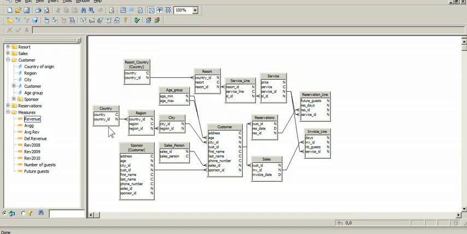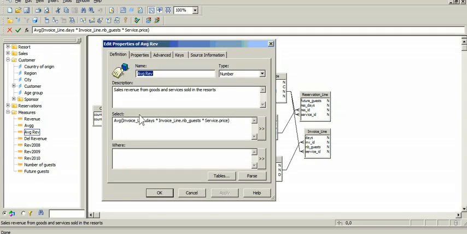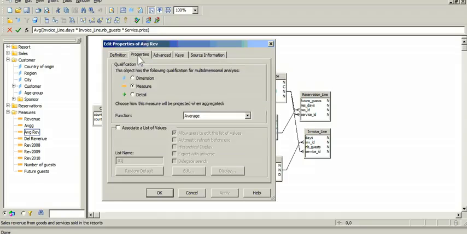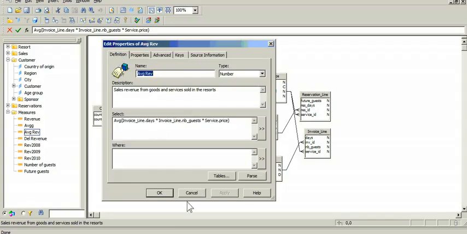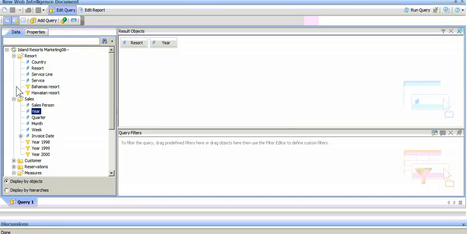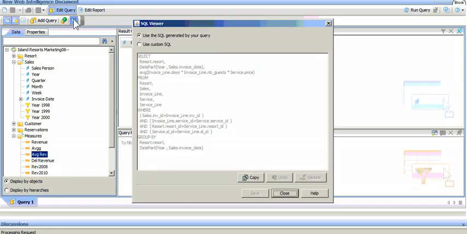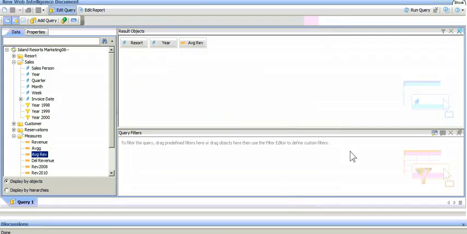To be more detailed, I have created a measure object, average revenue, by applying a simple formula: average of number of days into lines and number of guests. So here you see average of average. For this I'm creating a query using result year and average revenue, which is average of invoice. So if I hit run query,